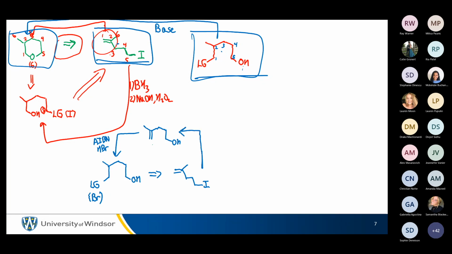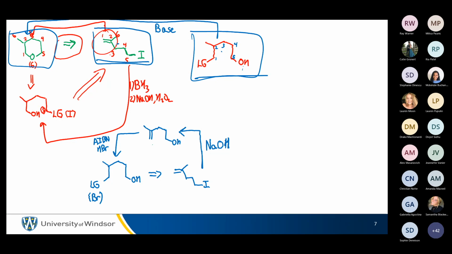And if we want to go from here to here, this wouldn't work great in reality, but there's actually better ways to do it. But let's just keep it simple. We could use a small nucleophile like sodium hydroxide, which would do a nucleophilic attack on a primary leaving group. It looks good. So the double bond wouldn't be in conjugation with the other double bond. So we can do a primary, small nucleophile, displaces the I